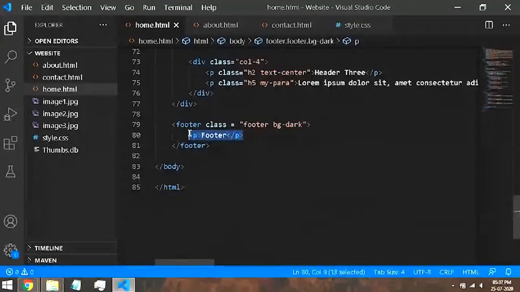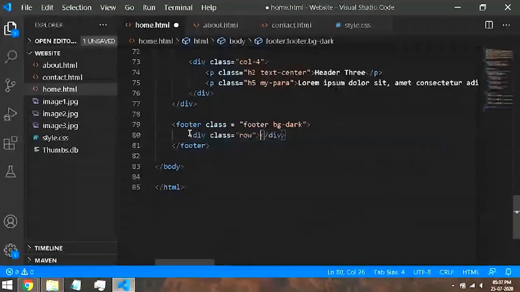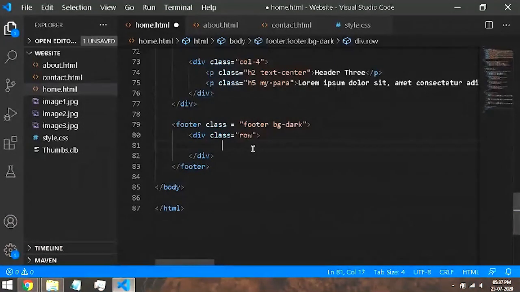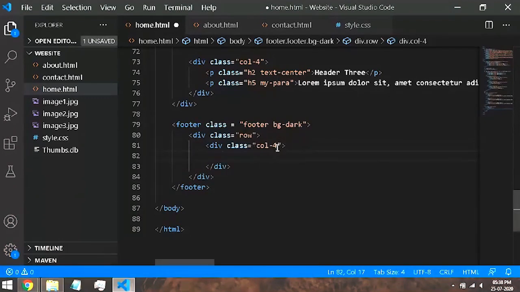So again, let's create a row. I will just say .row and tab, and a div with class row was created. And in this, if a row is created, then we also need columns. So again, I will create three columns. We want to occupy the grid space entirely, so 12 divided by 4 is 3.